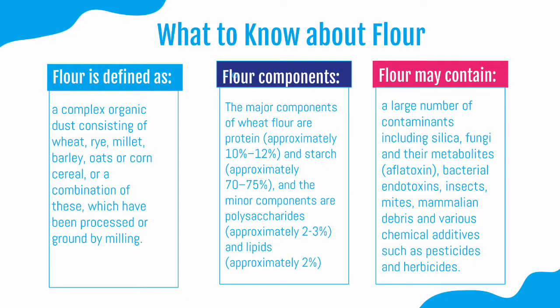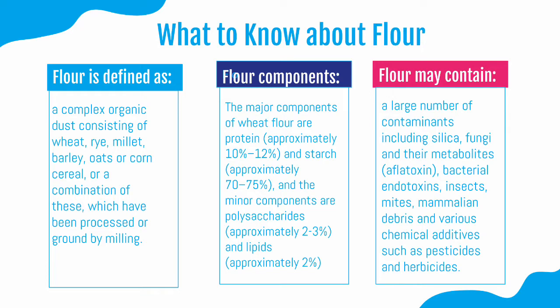Here's what you need to know about flour. It is a complex dust consisting of wheat, rye, millet, barley, oats, or corn cereal, or a combination of these, which have been processed or ground by milling. The major components of wheat flour are protein, starch, and the minor components are polysaccharides and lipids. A large number of contaminants including silica, fungi, metabolites, bacterial endotoxins, insects, mites, mammalian debris, and various chemical additives such